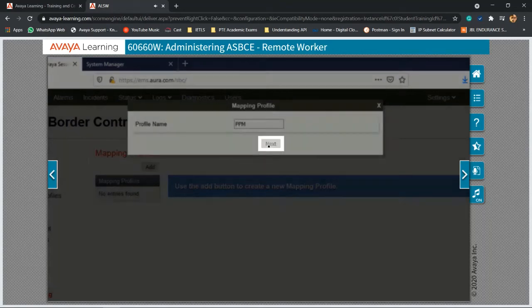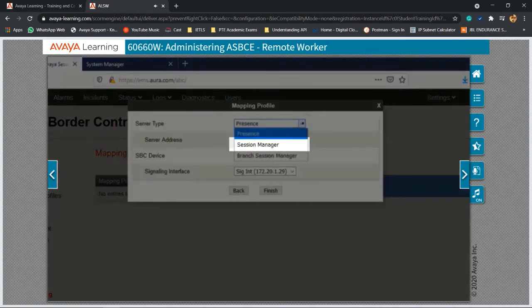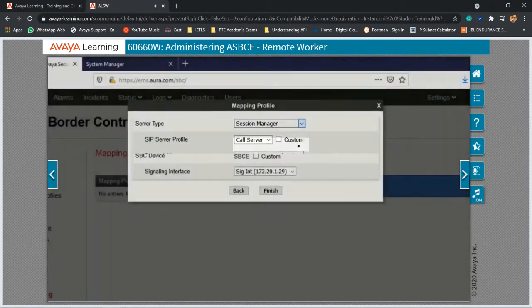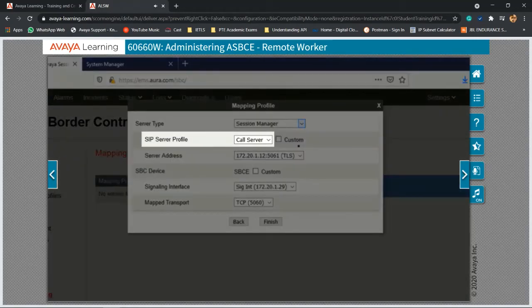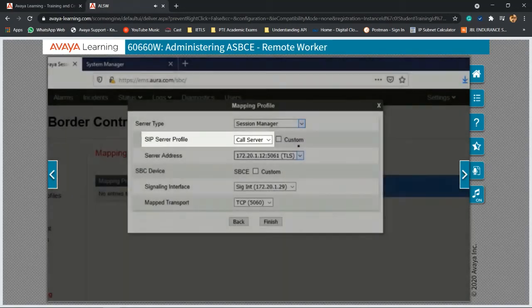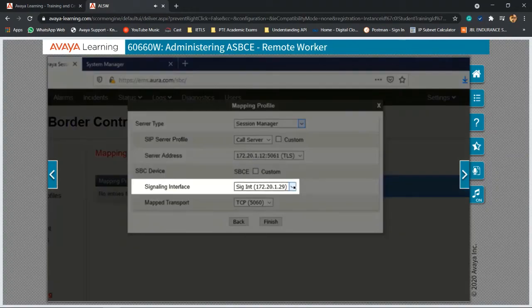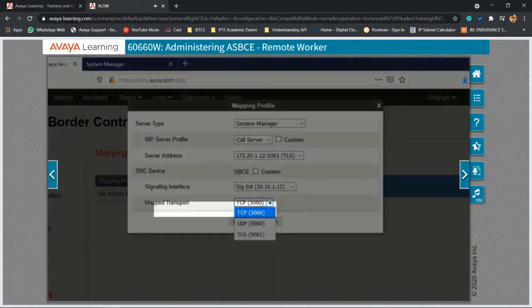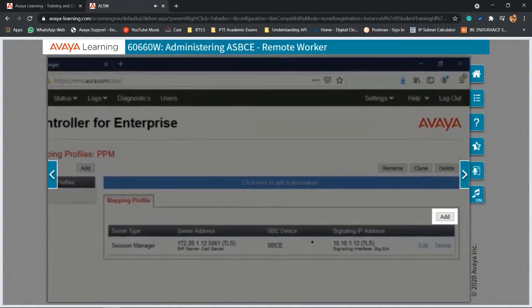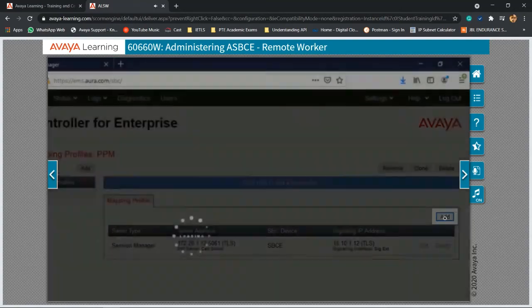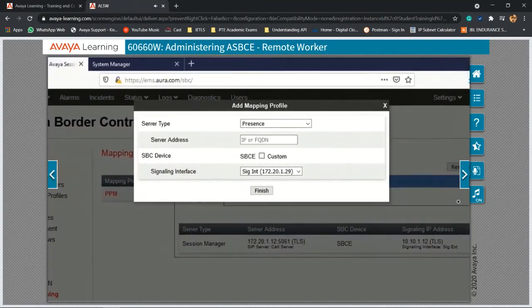Click on Next. In the server type, select Session Manager. Select Call Server from the SIP Server Profile drop-down list. For the signaling interface, select the SIG External. For the mapped transport, select TLS. Click on Finish. Click on Add on the right-hand side to link a presence mapping profile to the PPM mapping